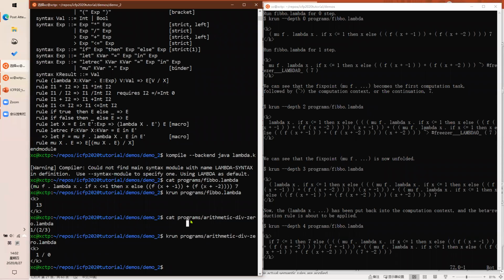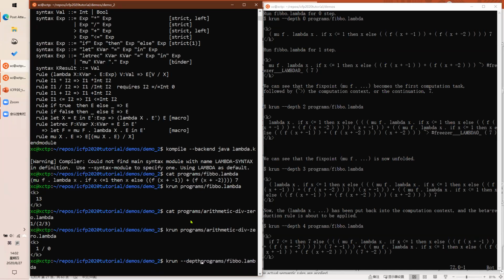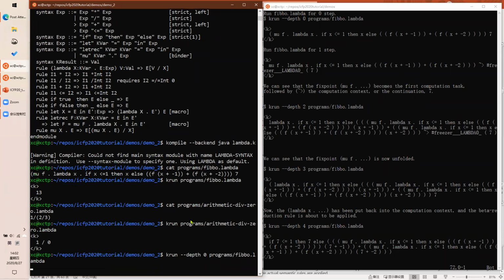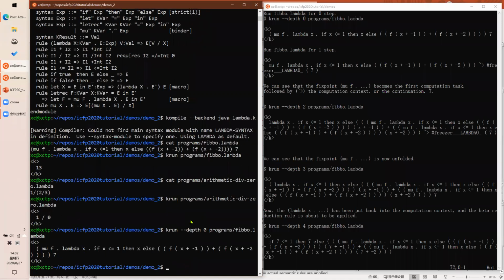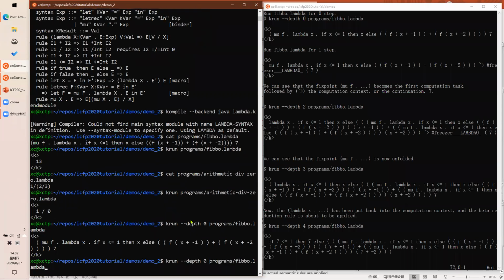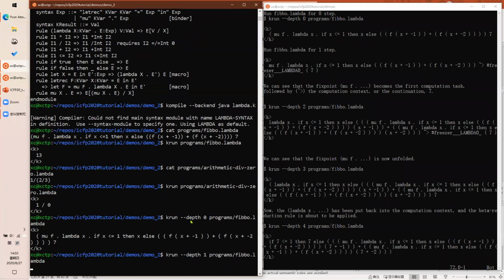So let me go back to this Fibonacci because it's defined using mu. It's interesting how K handles mu. What I'm going to do is ask K to execute the program step by step. I can give it an option called depth, and K will execute the program by the given number of steps. If I give it 0, it will be just the program itself without executing. Let me give it 1. K will execute it by 1 step,